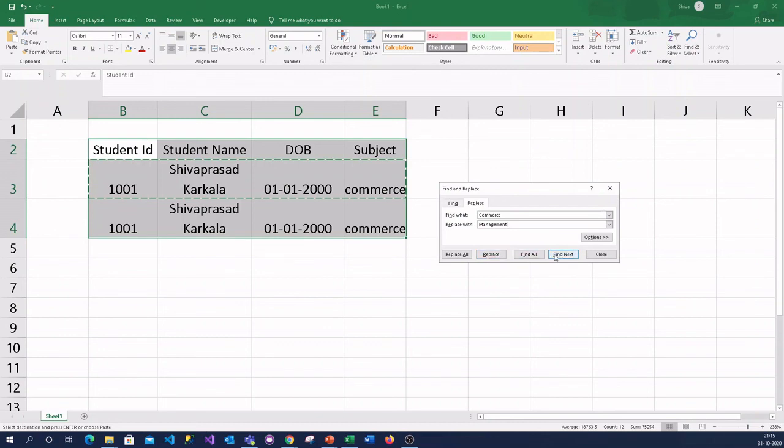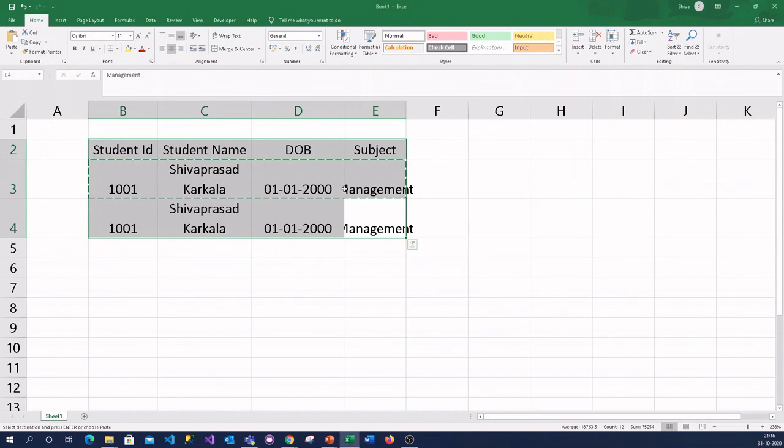So I'm going to replace one by one with slow steps. So I'm clicking on find next and clicking on replace. Now again it has found the next text. Click on replace. Now you can see all commerce is replaced with management.